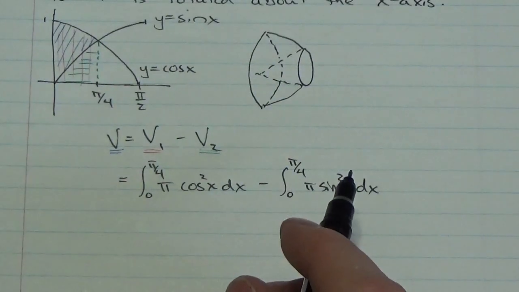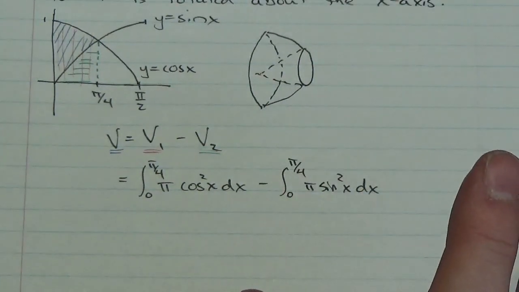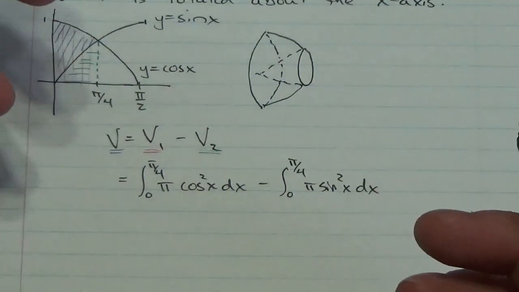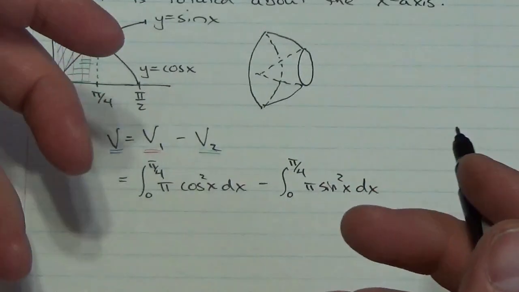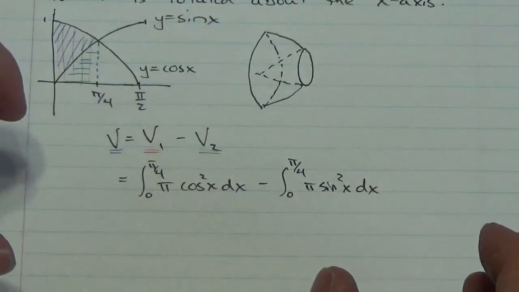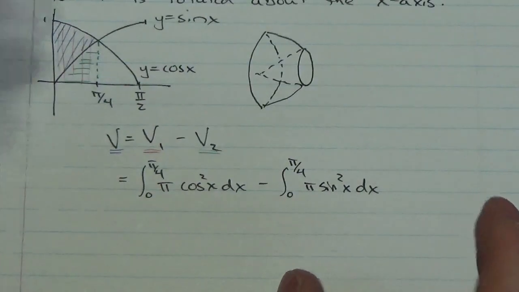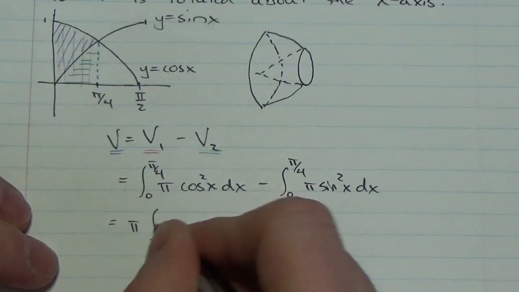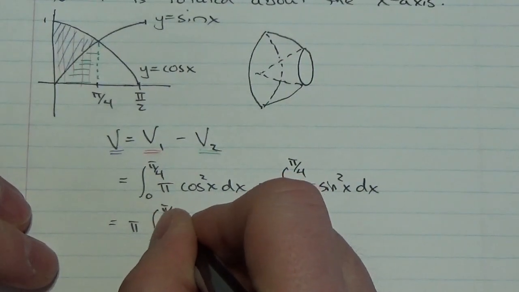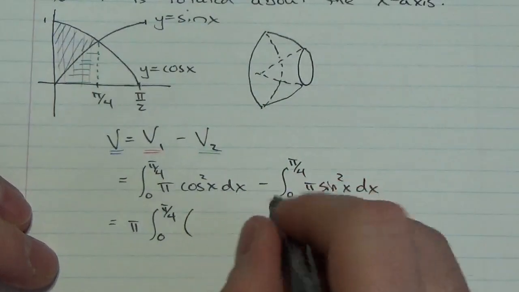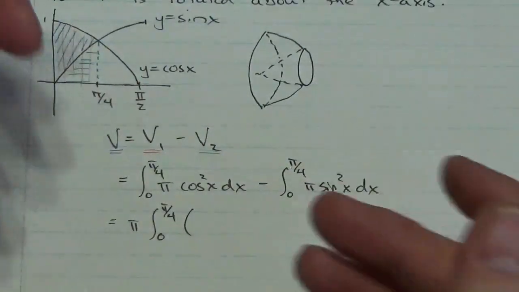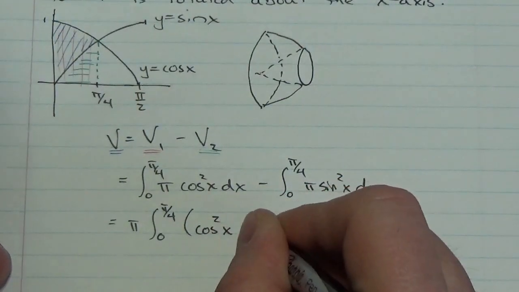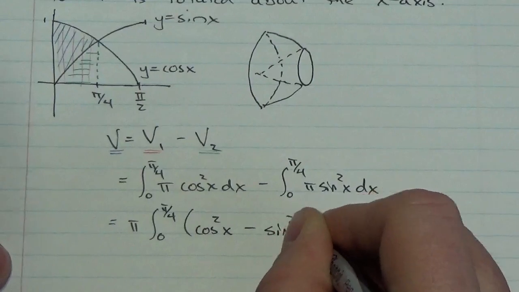In both cases here, I've got a common factor of pi, and I can move that to the front. But more than that, remember back to our properties of integrals here, remember that if I had the difference between two functions here, I could split those up into two different integrals. Well, I can actually do the exact opposite here. There is a common factor of pi there. I'm going to take that out. And I'm going to put both of these underneath the same integral. So instead of splitting it up into two, I'm going to go backwards. I'm going to put these two together and make this the integral of cosine squared of x minus sine squared of x